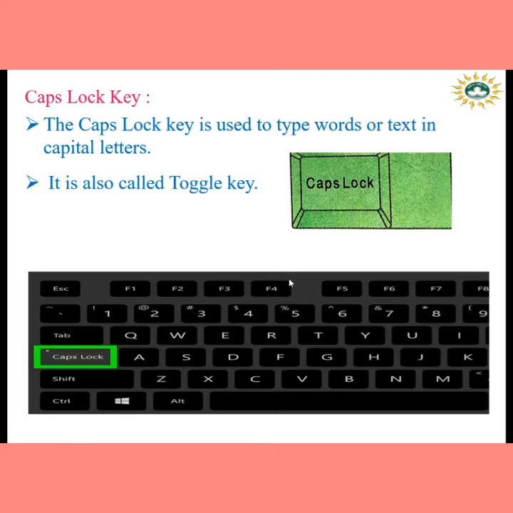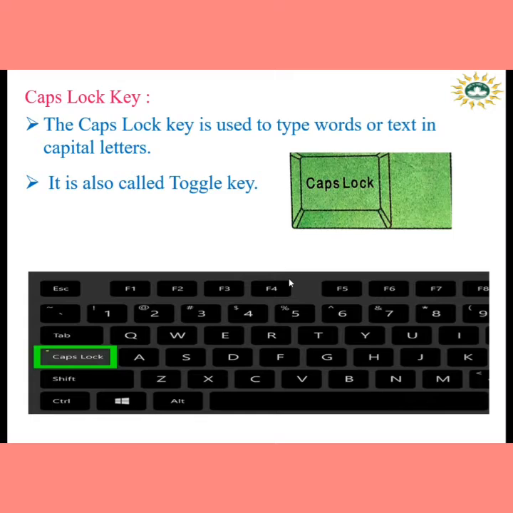So when you want to type your school name in capital, you have to turn on the caps lock key. For this you have to press the caps lock key once. Okay, when you press the caps lock key once, the key will be on, and after that when you type your school name, it will be visible as capital on the computer screen. Okay, caps lock key on করার পর তুমি যখন তোমার স্কুল নেম টাইপ করবে তখন স্কুল নেমটা ক্যাপিটালে শো হবে on the computer screen. Now why is this key called the toggle key?